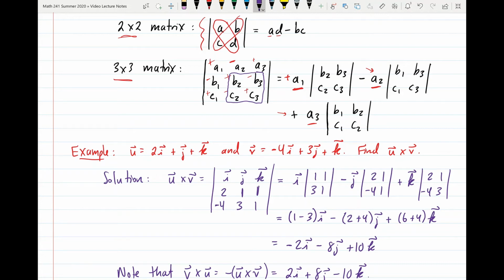So we're going to remove the first row because A1 is in the first row, and we're going to remove the first column because A1 is in the first column, and we end up with this 2 by 2 matrix